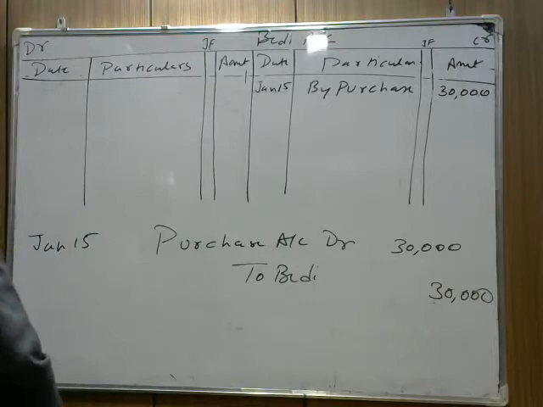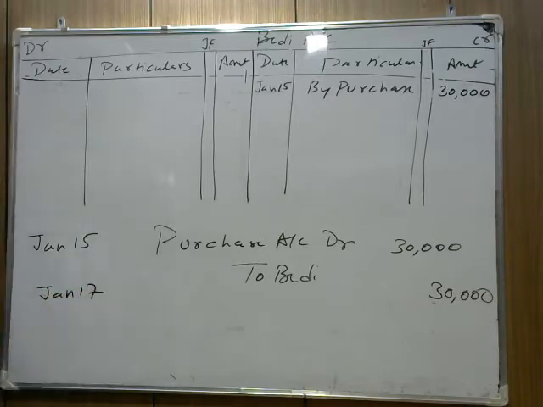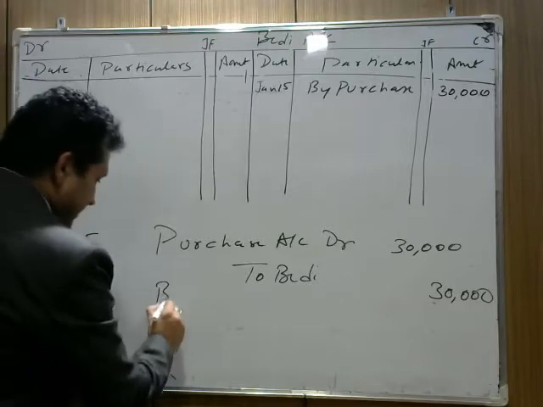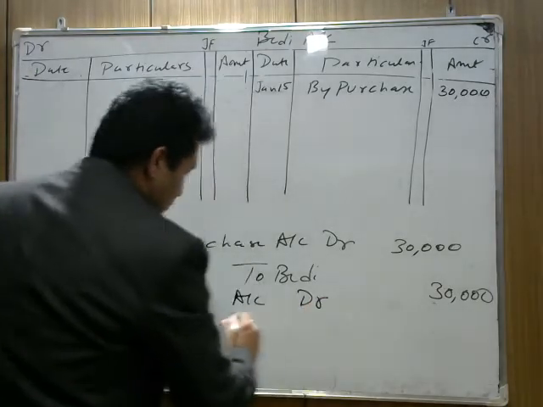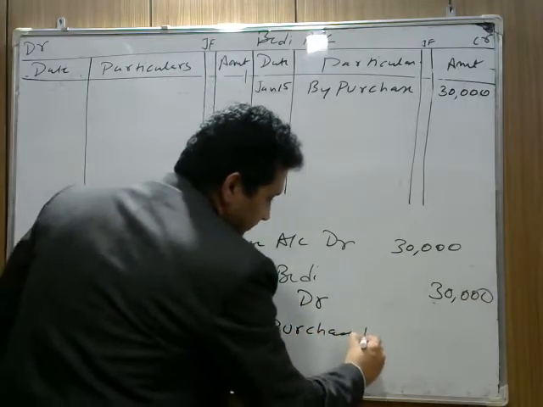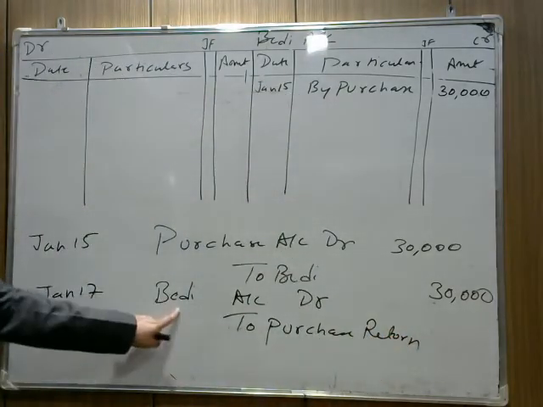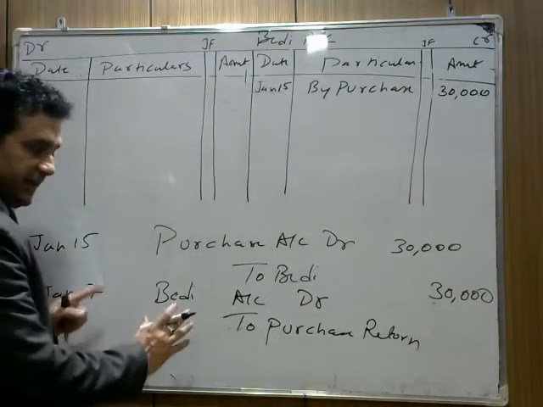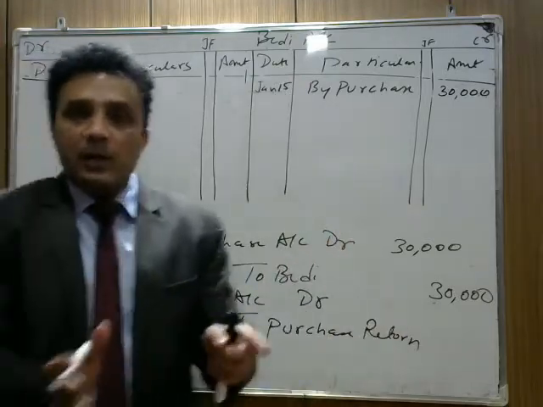Next transaction regarding Bedi is goods returned to Bedi on Jan 17. The entry थी कि हमने Bedi को goods return कर दिए. Okay, so who's the receiver? We say Bedi is the receiver. We write Bedi account debit to purchase return account. हमने Bedi को goods वापस किए, so who's the receiver? Bedi. Okay, so Bedi account should be debited. Here, if you check the journal entry, it's mentioned Bedi account debit, means Bedi का account debit होना चाहिए.